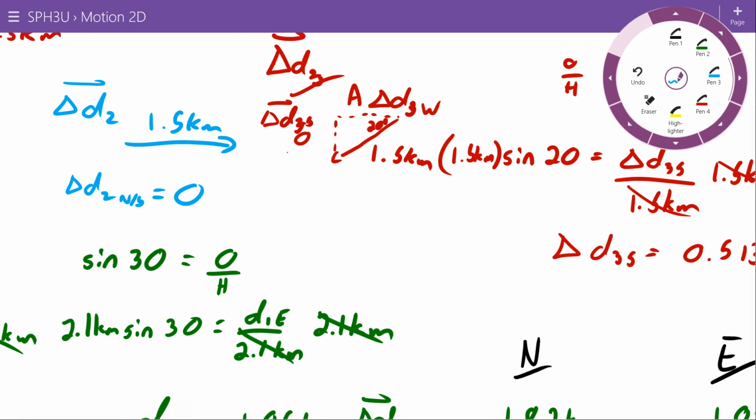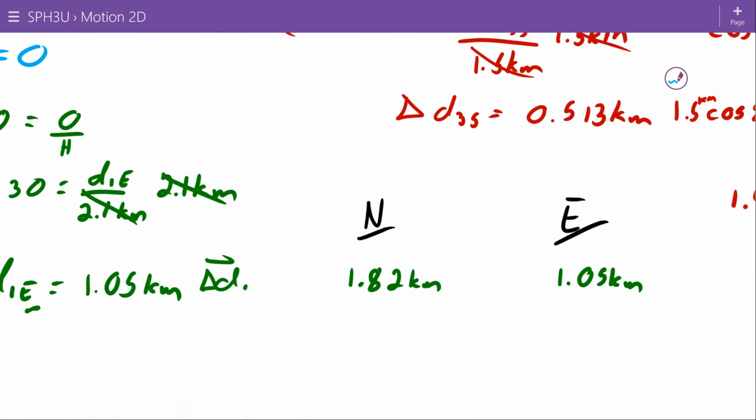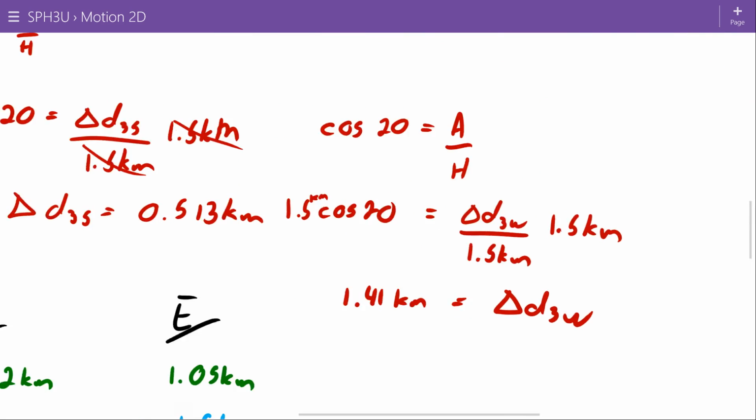He's all east, which is my positive direction, no north or south. So for delta D2, I have 0 in this direction and 1.5 kilometers in what I consider to be the positive direction. And then finally for delta D3,